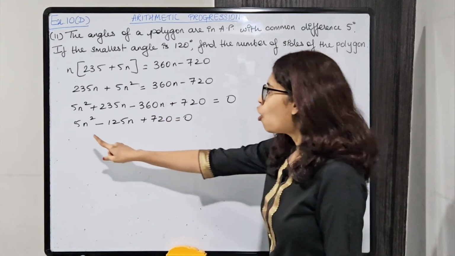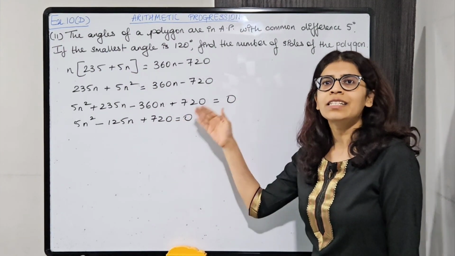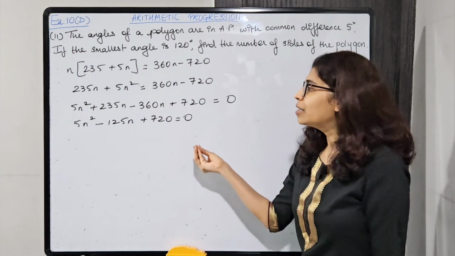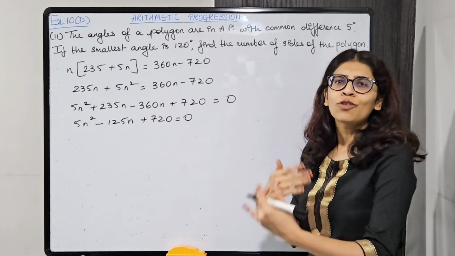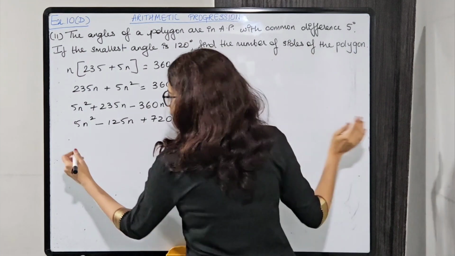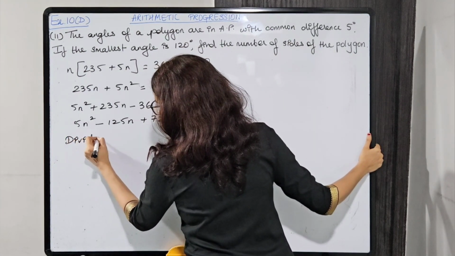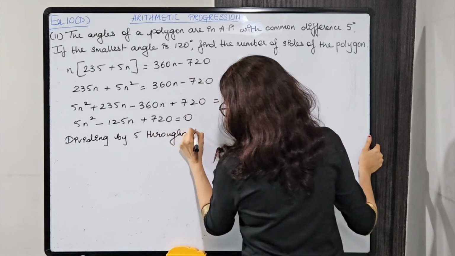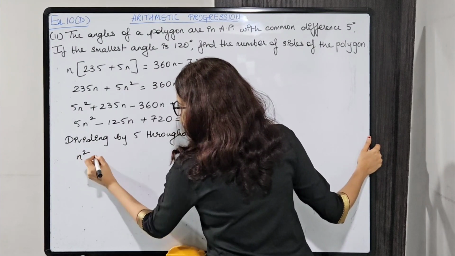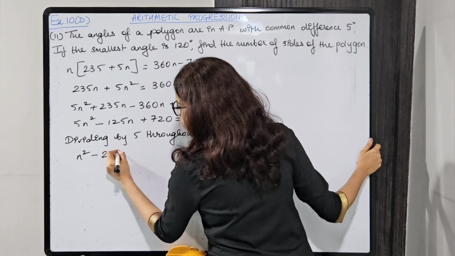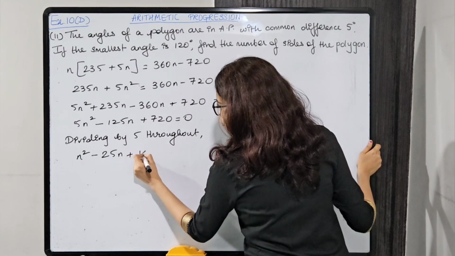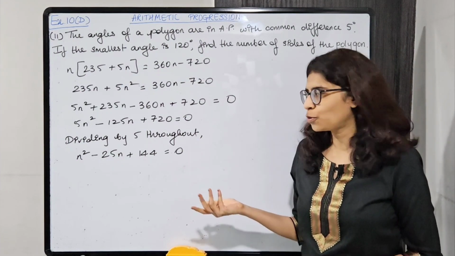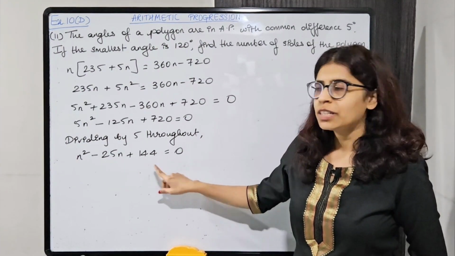Okay, all the numbers are divisible by 5, तो let's divide by 5 throughout. यहाँ पे भी हम लोग solve कर सकते हैं, factors find out कर सकते हैं. Okay, but this will give you bigger numbers, so instead of complicating it, divide कर लो. Okay, so dividing by 5 throughout, n square हो जाएगा, 5 25 5, 144 and 0 होगा. Okay, 0 divided by 5, 0. Okay, यहाँ पे factors find out करना है, splitting the middle term.